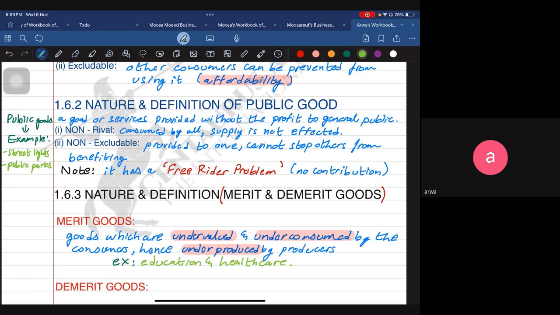Yes, sir. Now, the thing is that when you talk about the point that there is an information failure and people do not have the knowledge of how important education and healthcare are, sometimes it seems like, okay, fine, look around you. Everybody knows what importance education has and what importance healthcare has. So all the people know about it, but if you go a bit in depth of this, I was talking to you about that book, Why Nations Fail. Yes, sir.